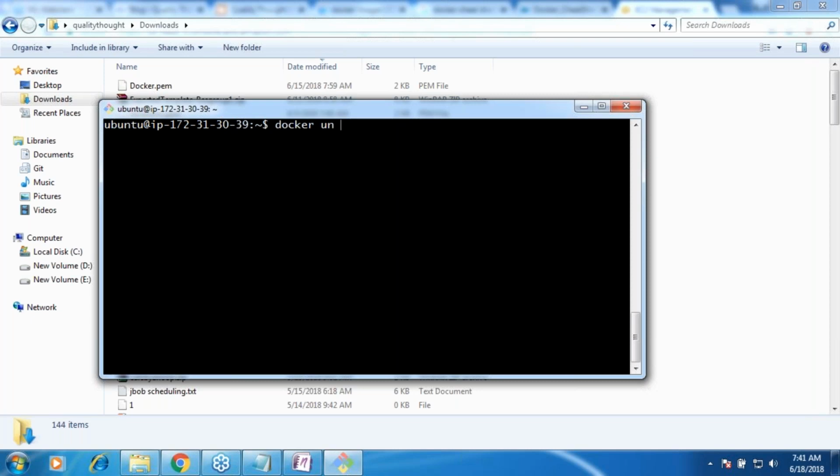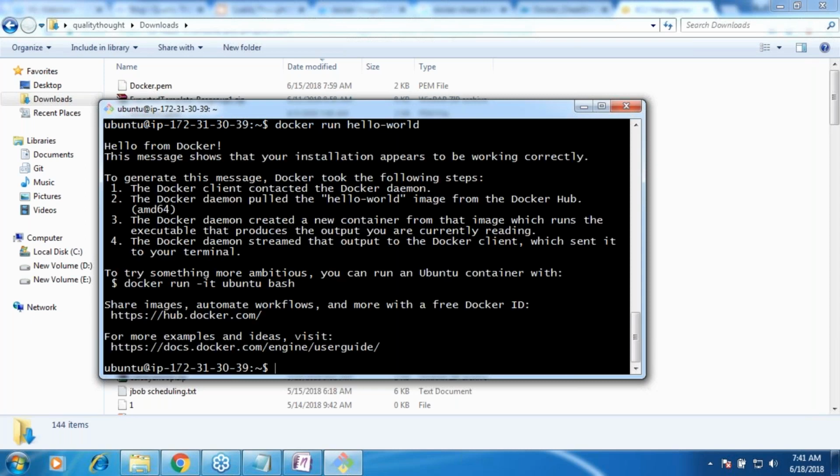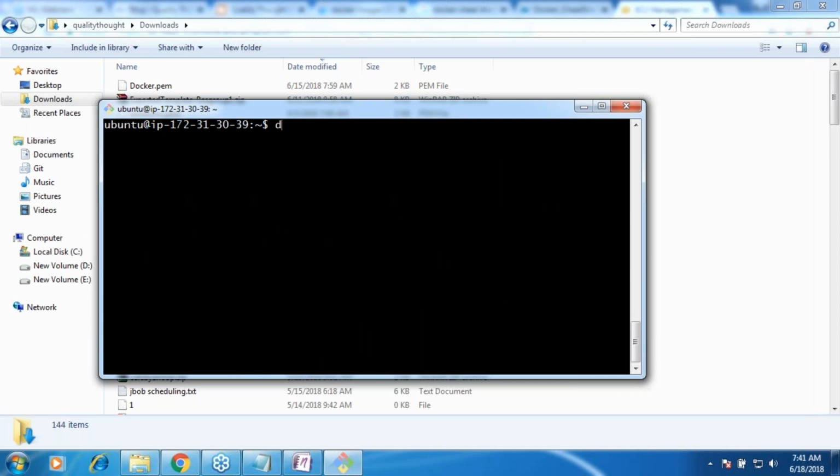Right. Now let me run this. docker run hello-world. Okay. So how many containers will be running now in docker ps? 4? As of now, I had 2. I've run one more container. Right? So how many? 3. 2 plus 1, 3. It has to be 3 normally. Let us see what is happening.